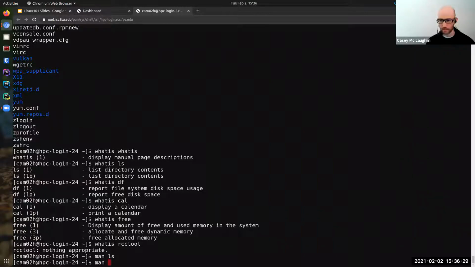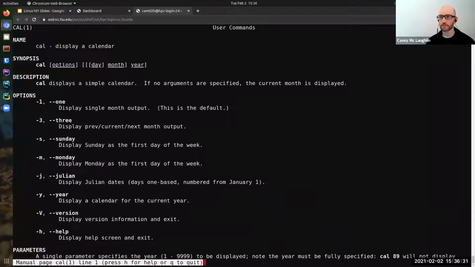We'll check out another one, cal. Okay, display a calendar. So it's got the same information, just with different content. The syntax of the command is a little bit different, but it's pretty much the same. These are the arguments, and it does accept options.